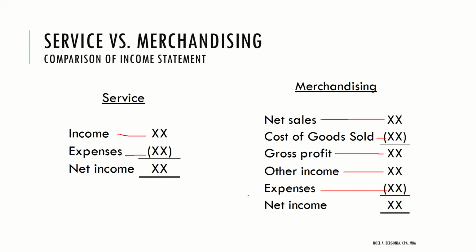Of course, these expenses are other than the cost of goods sold, since later when we discuss cost of goods sold, it will be considered as the major expense of a merchandising business. Pero naka-separate po siya, nasa bandang taas po siya to arrive at our net income. So as you can see, we have net sales and other income for the sake of merchandising. Actually, other income, wala naman problema dyan. Later, what we will be focusing on will be the net sales.